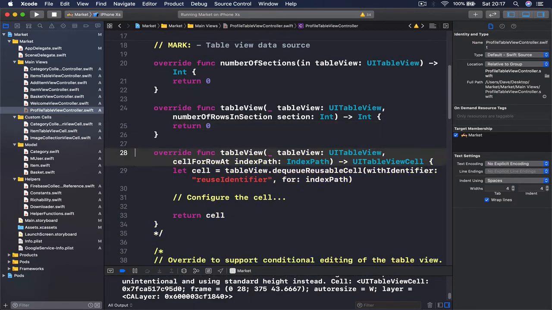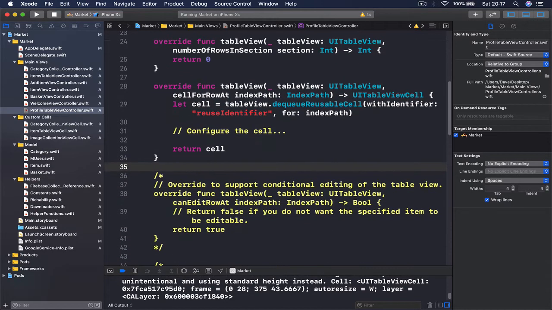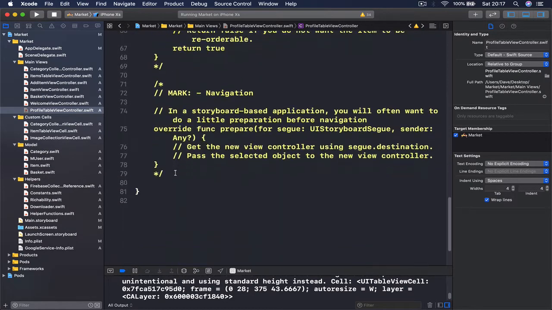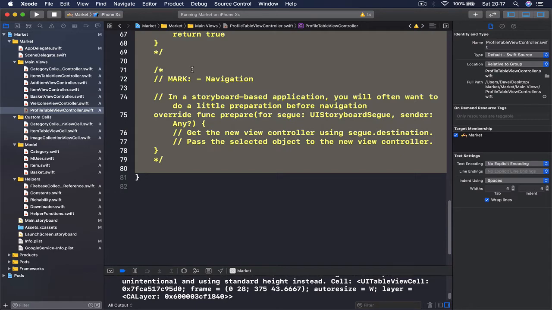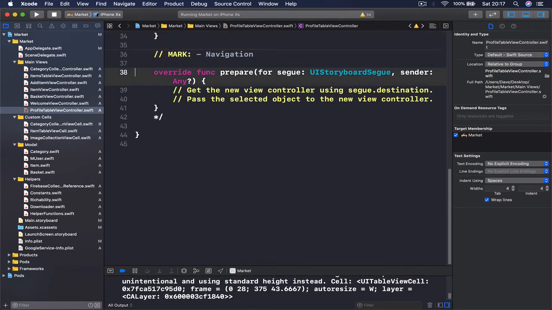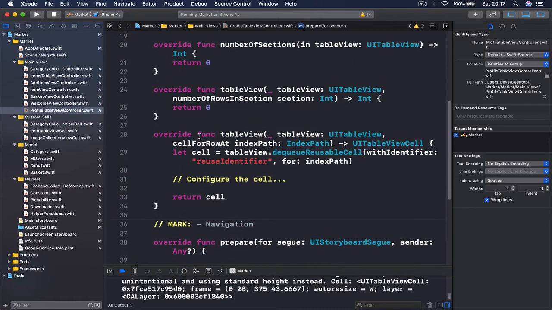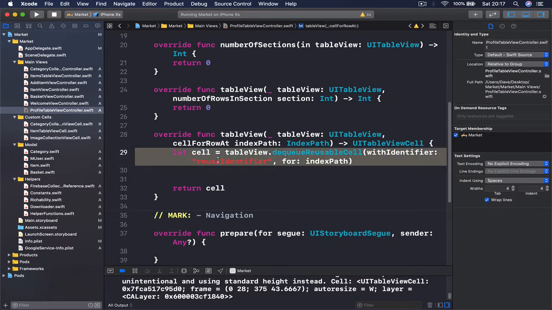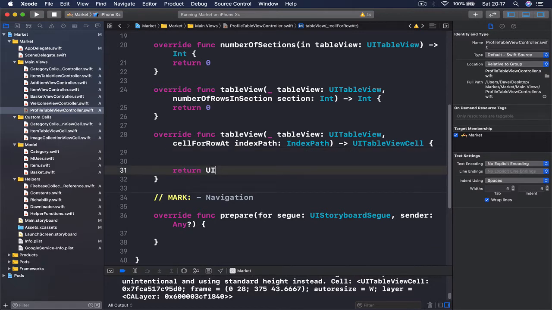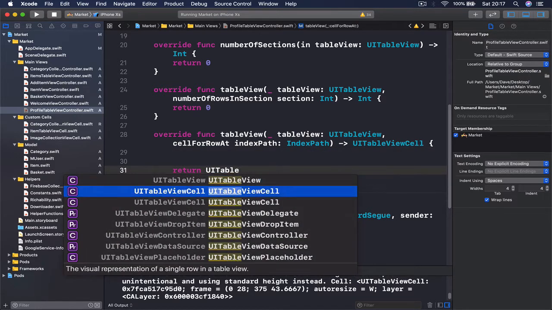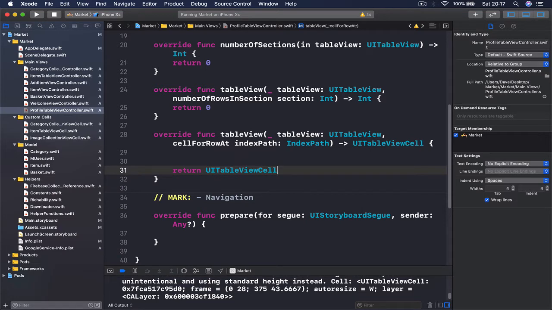And we're going to uncomment this cellForRowAt indexPath, and everything else we're going to simply delete. Let's keep the navigation for now because we are going to use this later on. So we have the three files here, and this one I'm going to call cell. Actually, we don't even need this one here. Let's just put UITableViewCell for now, so that our application doesn't crash,